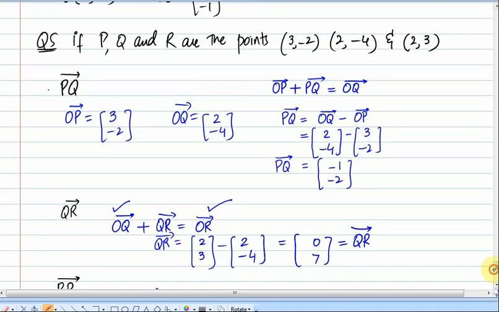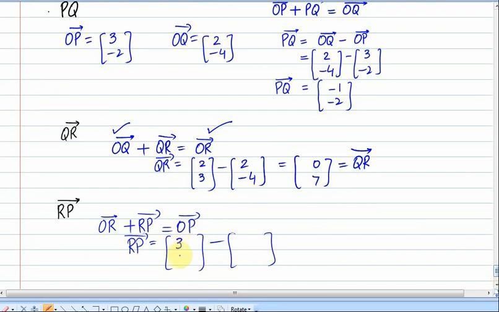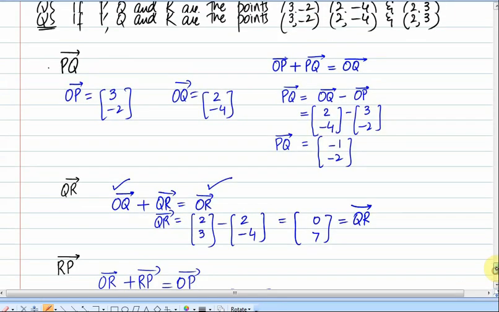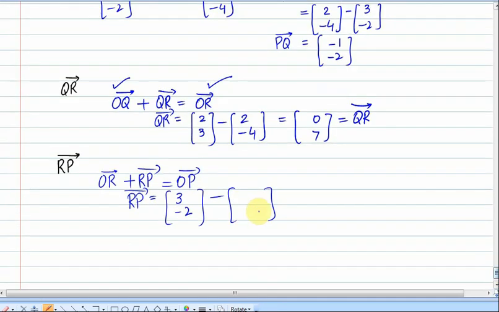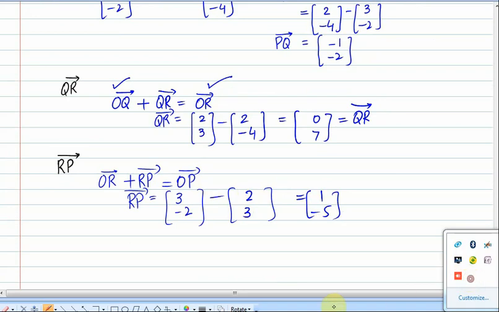OP is (3, -2) and OR is (2, 3). So 3 minus 2 is 1 and -2 minus 3 gives you the value of -5, right? So far so good. Any problem? No? Then moving towards the last question